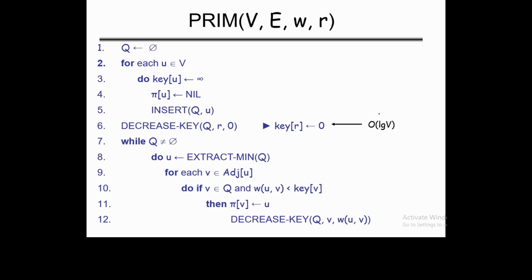So the cost depends on the height of the tree when we apply the decrease-key operation. Now this one will have a constant value, O of 1. This will execute for each vertex of the particular graph, so it will require around O of v if Q is implemented as a min heap. O of v means according to the number of vertices in the graph. So it will require O of log v.